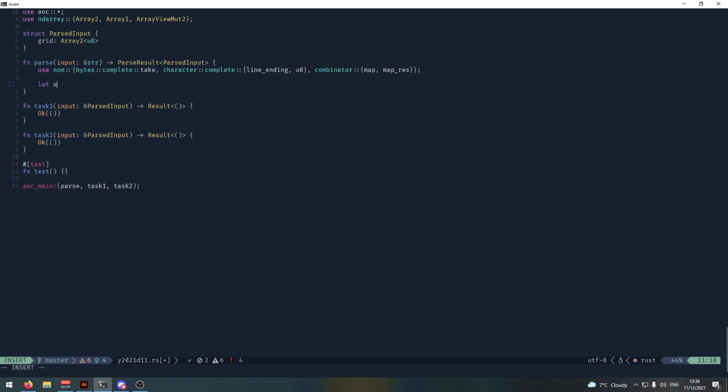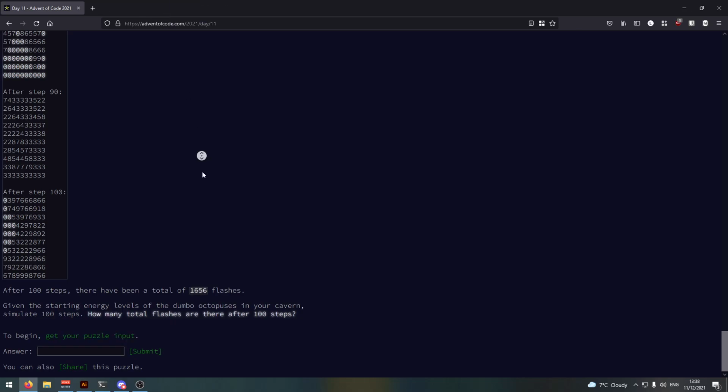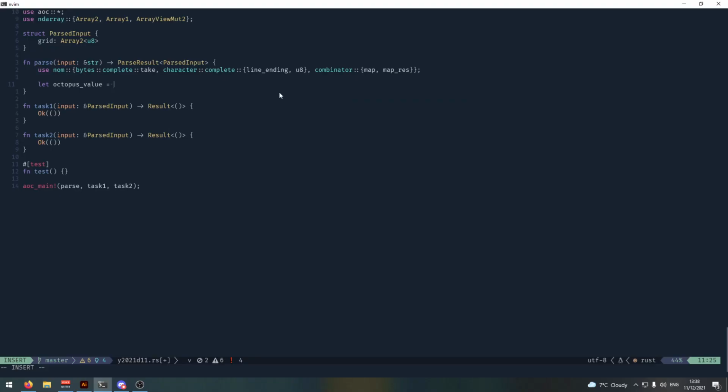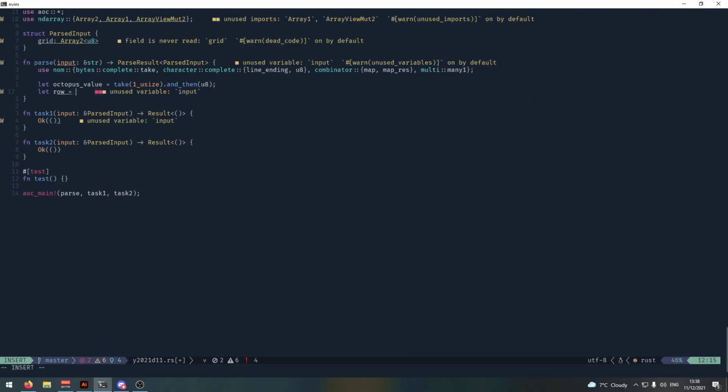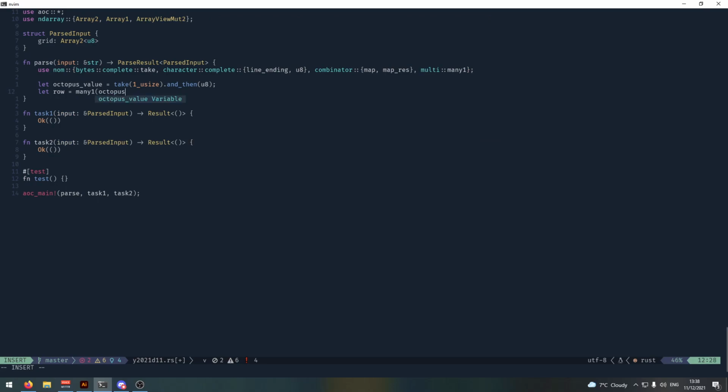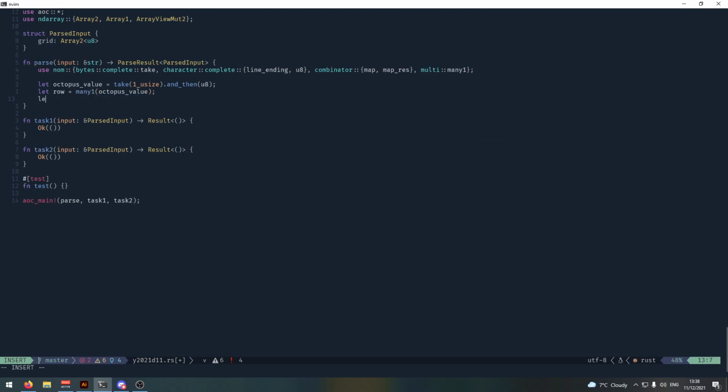Okay, and so then we want to say let octopus value equal. That is our made-up theming for this, isn't it? We're octopi. We are octopi. Is take one usize and then u8, and then we'll say let row is equal to. We also need many1, multi many1. Row is equal to many1 octopus value,